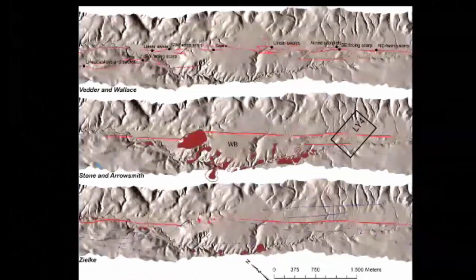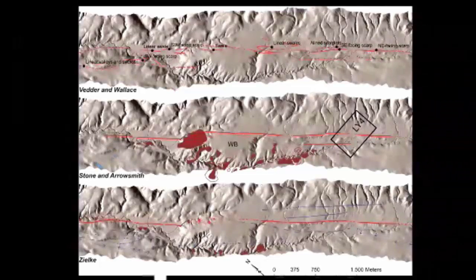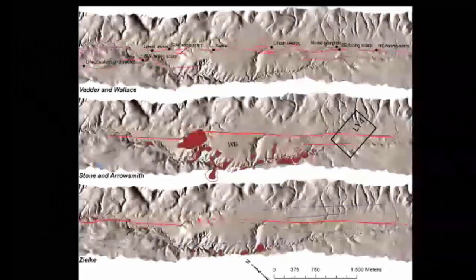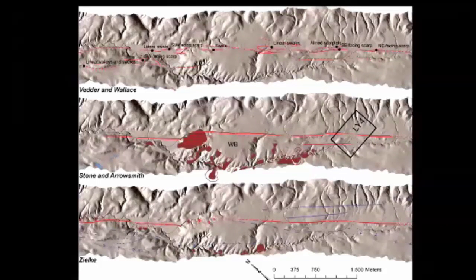So the same hillshade of this piece of the south central San Andreas fault, in the Carrizo Plain area, just to the northwest. It's the same hillshade in all 3 cases, but showing different mapping from different sources. Here's the digitized version of USGS mapping. Here's the field mapping that I did with one of my students, and then here's mapping that was done in